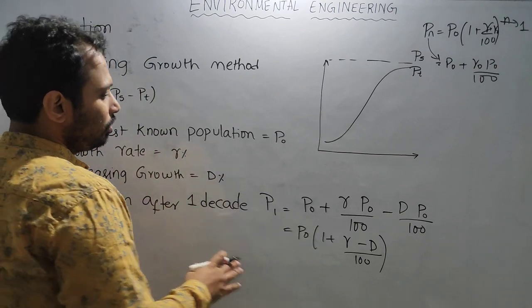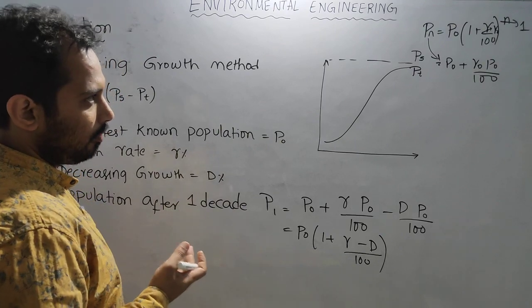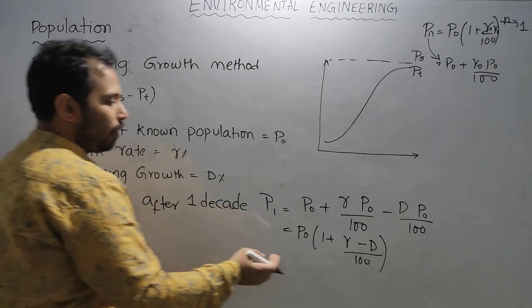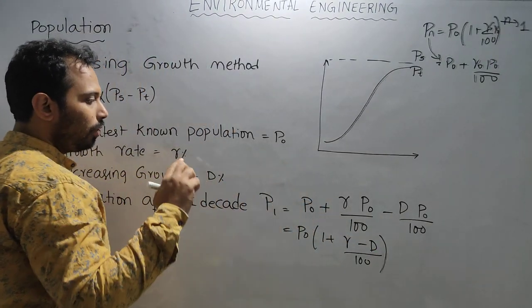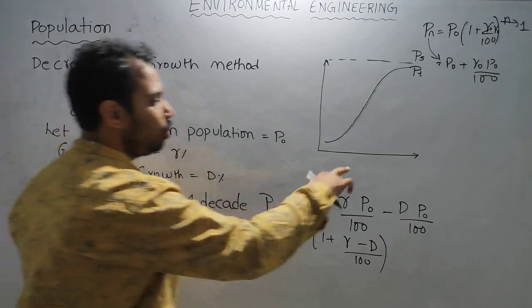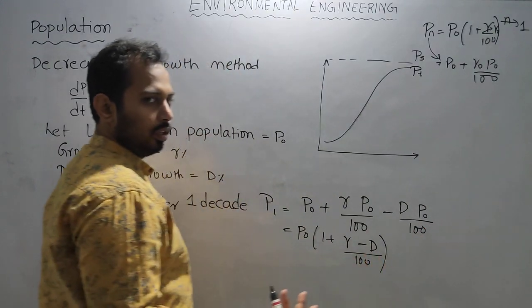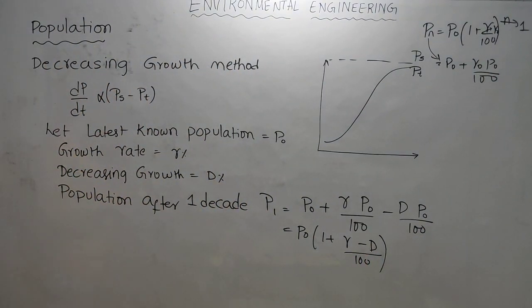Now, this is for only 1 decade. If I want to find it for the nth decade, then for 1 decade there will be 1 decrement. If you are doing for 2 decades, there will be 2 decrements. If you are doing for 3 decades, there will be 3 decrements. Are you able to understand? So if you take 1 decade,